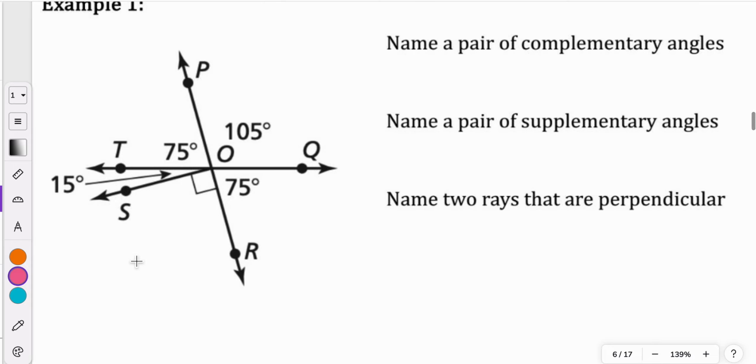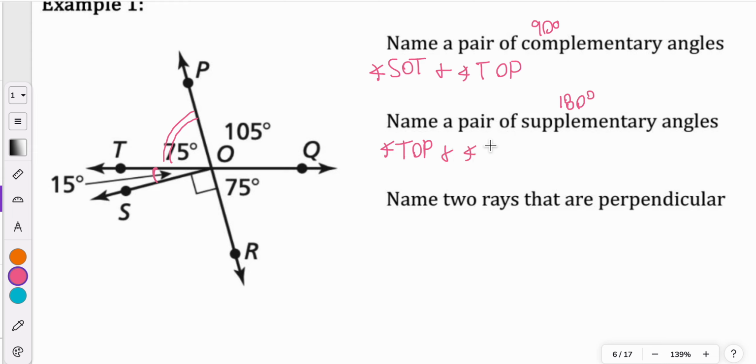So naming a pair of complementary angles, again, complementary, we're thinking about 90 degrees. So we would use angle SOT, which is right here, that's 15, and angle TOP. Those both add together and give us 90 degrees, 15 plus 75. A pair of supplementary angles, that's the 180 degree. I'm thinking angle TOP